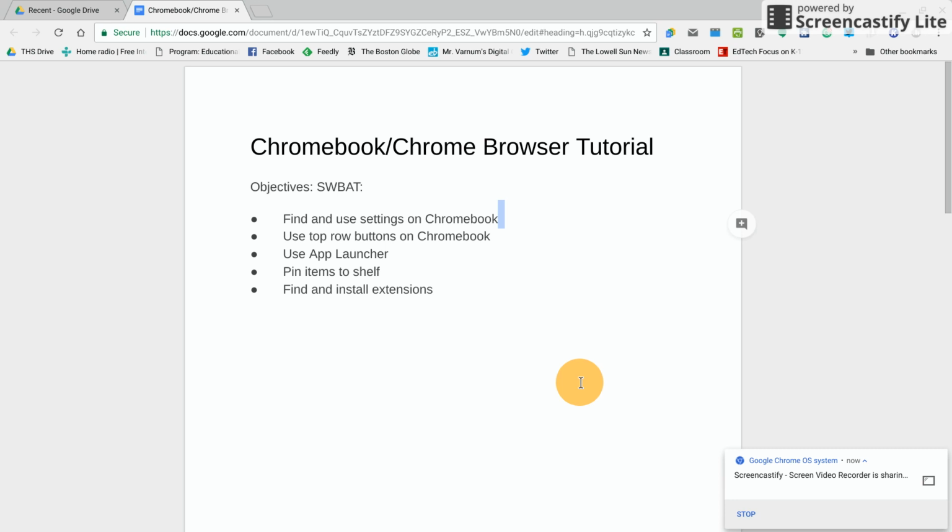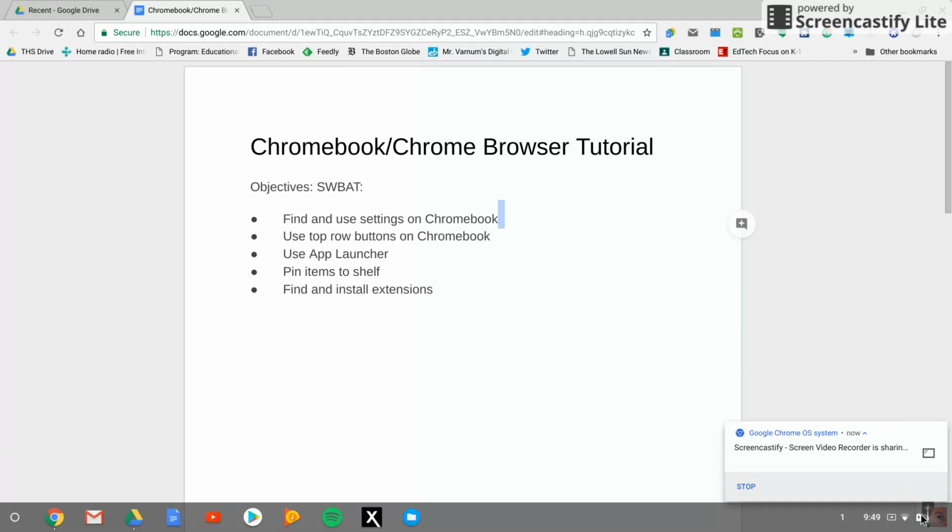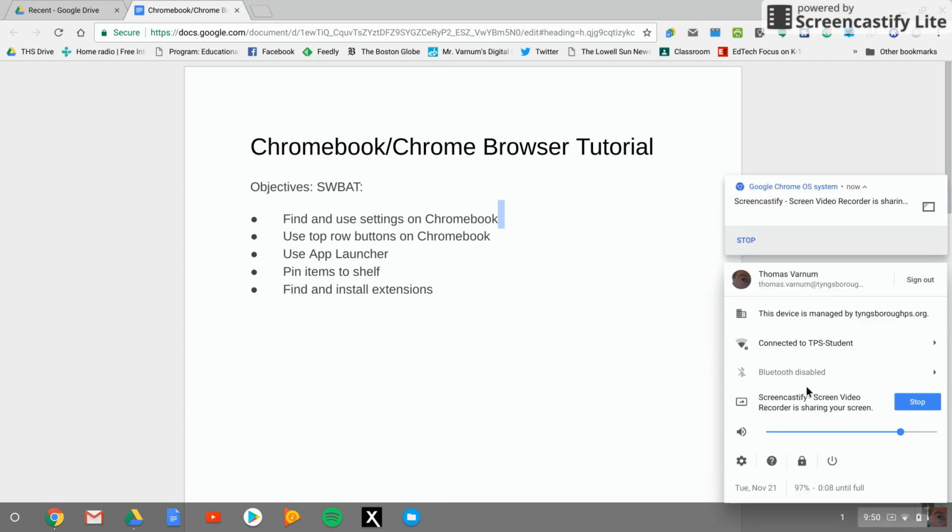So you've got your new Chromebook. Let's take a quick tour of some of the options and settings in Chrome. If you want to use the settings for the Chromebook, come down to the bottom and the shelf will appear, with the icons down here, the battery and the wireless. You just click on that, and this is where you would access some of these settings